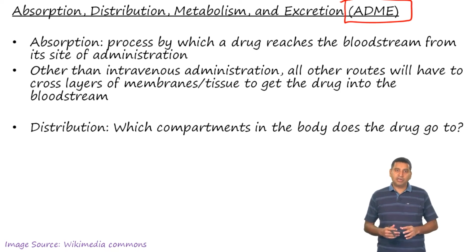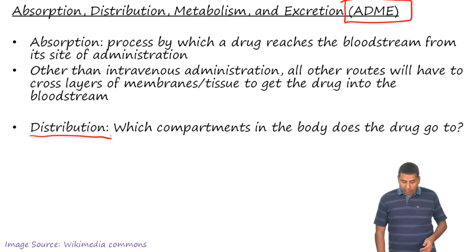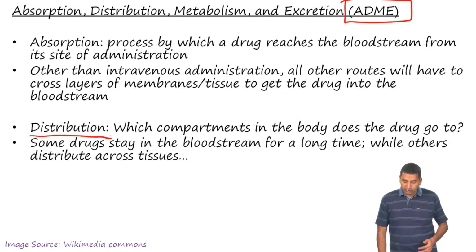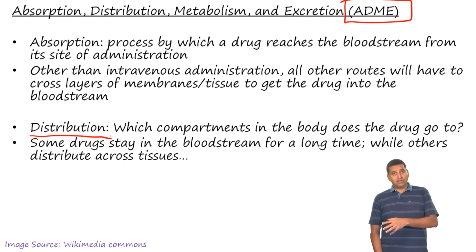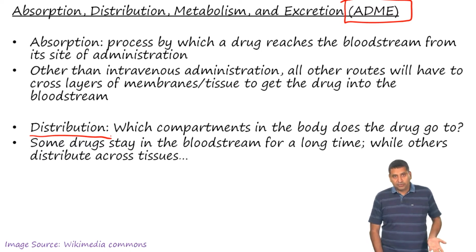Distribution is nothing but, after the drug is consumed, where does it distribute in the body? Does it preferentially go to the liver? Does it preferentially go to the kidneys? Some of the drugs end up in the bone marrow, and some of the drugs end up in the muscular compartment and so on. So, this is what we mean by distribution. This is another important parameter that we want to study. Some drugs will stay in the bloodstream for a very long time, whereas others will preferentially distribute into the fatty layer. So, this is important for us to optimize,